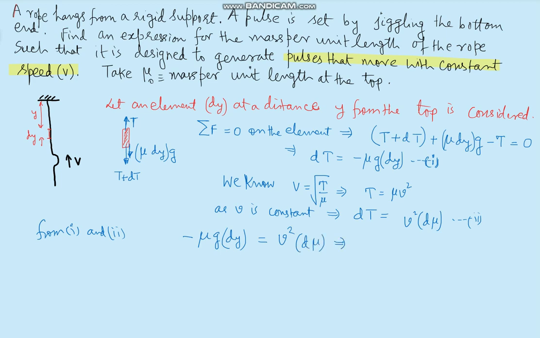So changing the sides, d mu divided by mu is equal to minus g by v square, and this will be dy. Now let us integrate on both sides. There is no limitation, so integrating both sides,